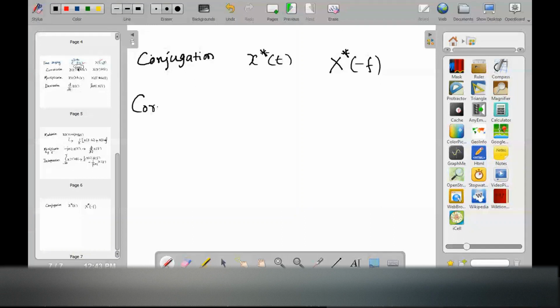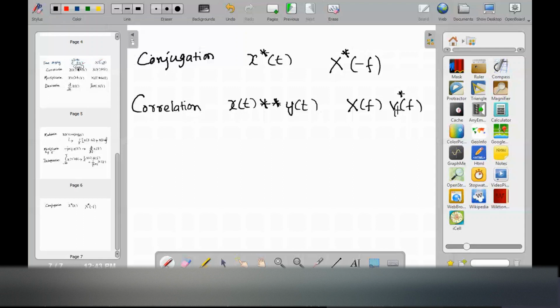And one more property is the correlation property. What the correlation property shows is, if x of t is correlated, meaning two stars, two convolutions is called a correlation, with respect to y of t. In frequency domain, what will happen is x of f into y of f. If it is single convolution, but since two convolutions are there, it will become y complex conjugate of f.